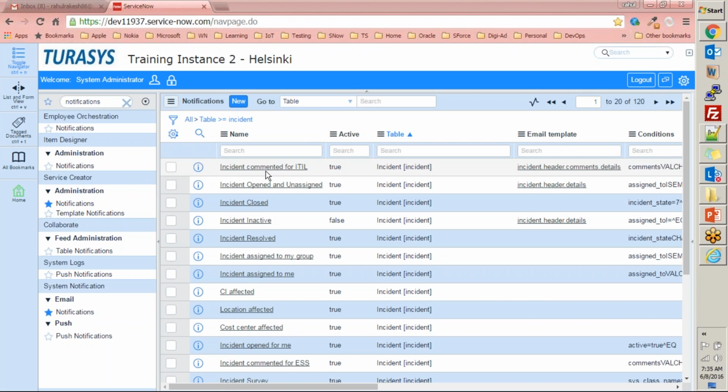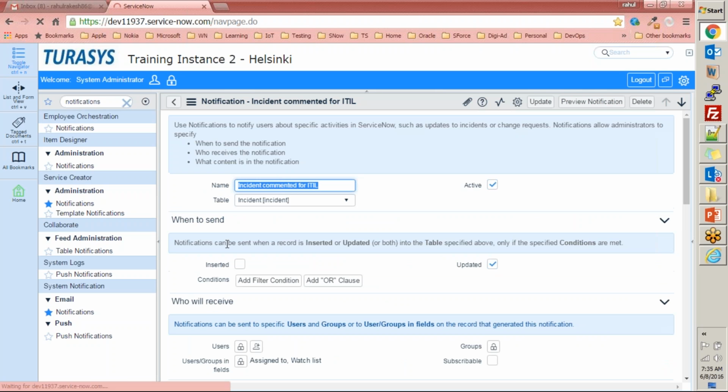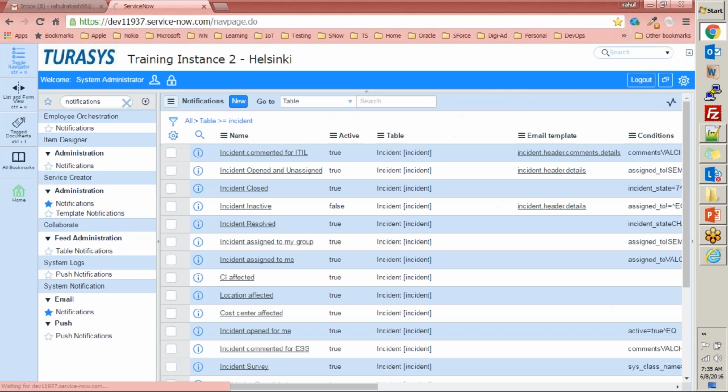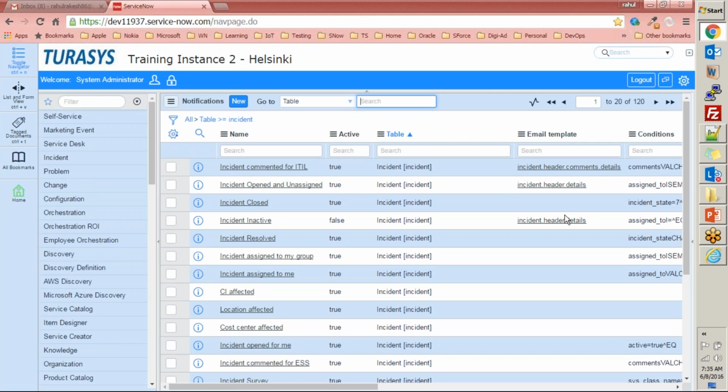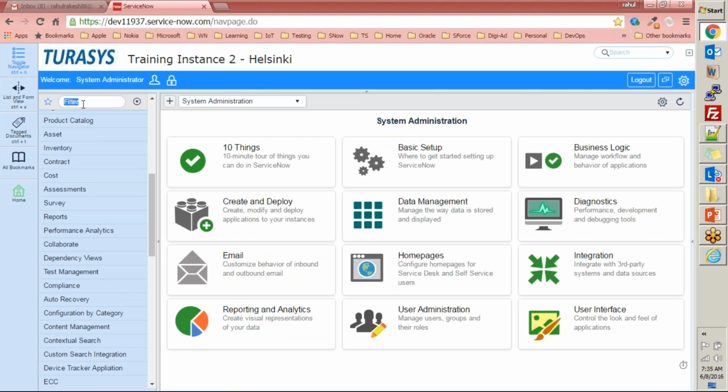See, when you create this notification, you have to provide when to send this email, to whom to send this email, and what to send. Here, for who will receive, you will provide a group of users or a user, right? So there you decide, on creation of an incident, what email should be sent to what person. Stuff like that, so we'll come back to this. That's not related to user account. That's related to email notifications. Make sense?